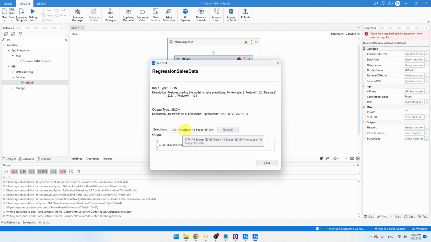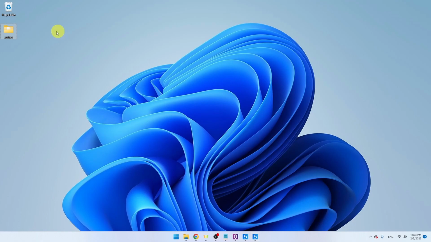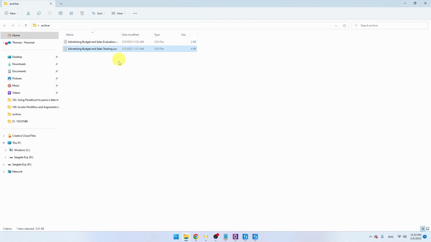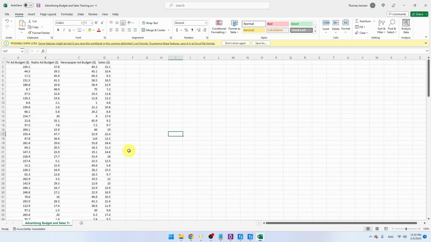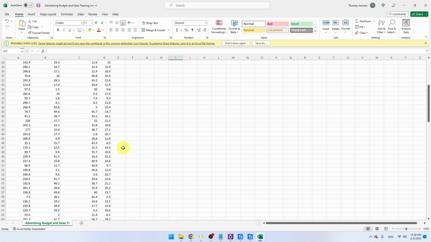So in case someone enters 20, 20, and 20, you will see that the sales will be 7. And let's just go back to our data to just check whether that makes sense. So let's open up training data in Excel. So let's just check whether there is a line where the input values are somewhat the same, and whether the predicted sales value is then somehow equal to the sales value. And that line we can find on